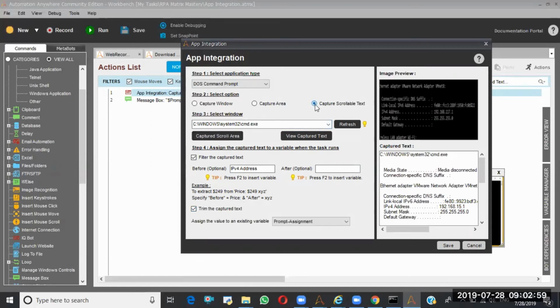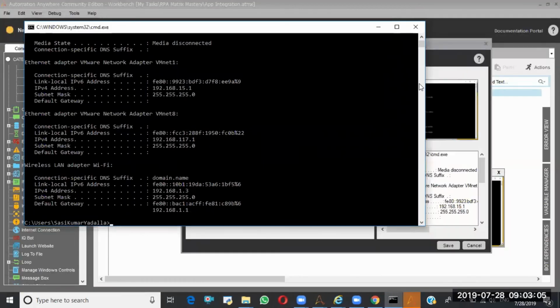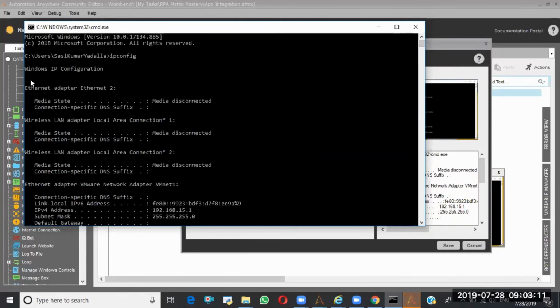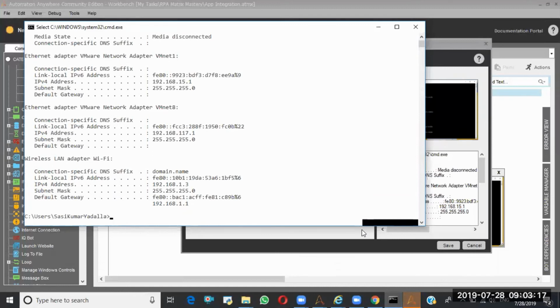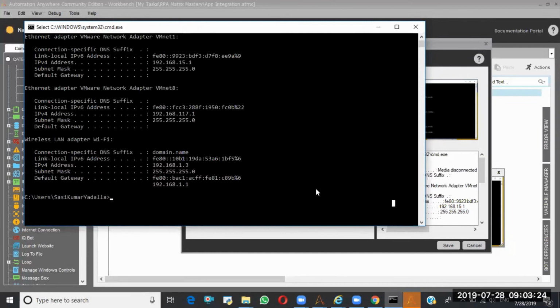So I'm going with the scrollable text on the same window. Capture the scrollable area. Here I don't have that much. How can I capture? Yeah, like this, I can capture. So I captured it.